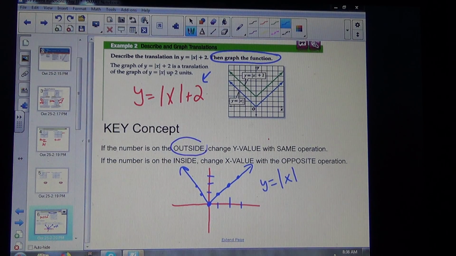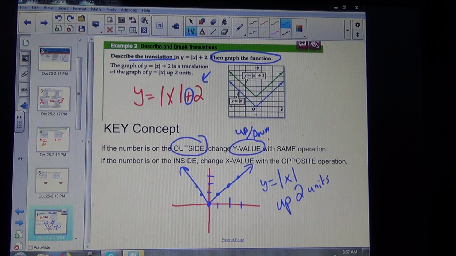So on the outside I change my y values, that would be the up and the down, with the same operation. And the same operation means what's happening here between the absolute value and the 2, plus. So that means we're going to add 2 to every y value. So when it says describe the translation, I would say every y value adds 2, which means it goes up